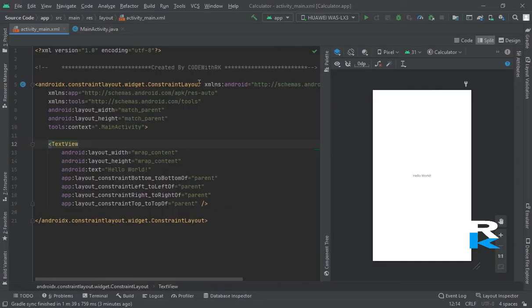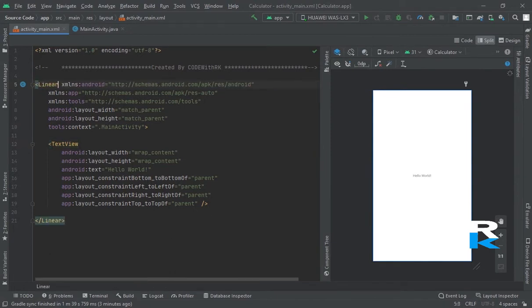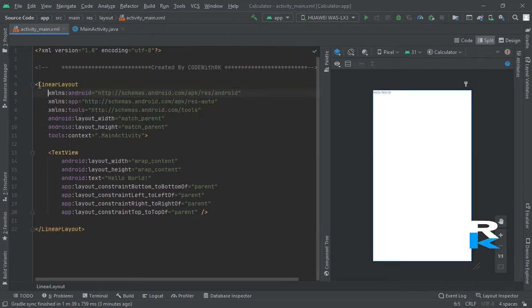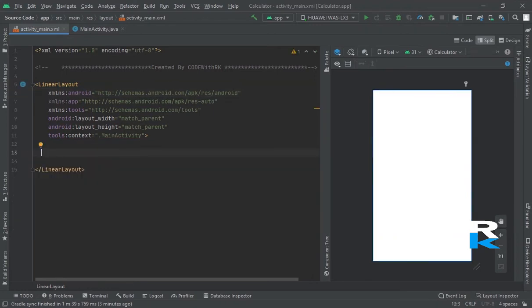First of all, I would change this layout to a linear layout. Fine. And now the second thing, I would delete this text view.